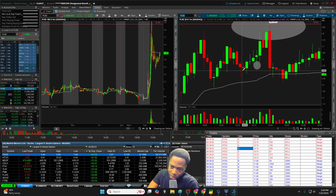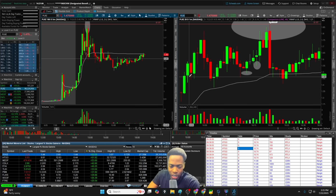I think we caught one of these candles here, but smaller size. We didn't really quite build the position as aggressively as we needed to. We only had a couple hundred shares. And so, when it comes to pullback trades, right? I think there's a couple of different approaches, but the two that I really like to focus on is either